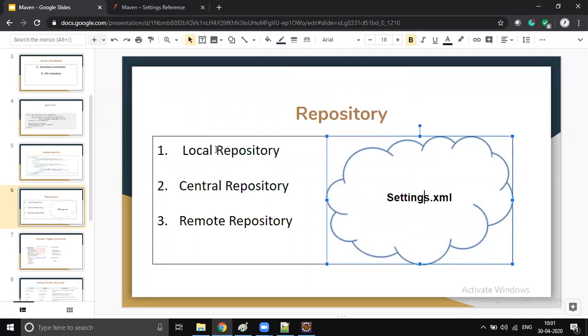Whatever we are doing is from a pure real-time project perspective. This is what is going to happen in your company. You obviously have a local repository. Sometimes you write settings.xml, sometimes you don't. You duplicate the configuration in the pom.xml file. It is not advisable, but still some companies use it. It's up to them. And most of the time we do use remote repositories in companies. Are we clear with the repository section?